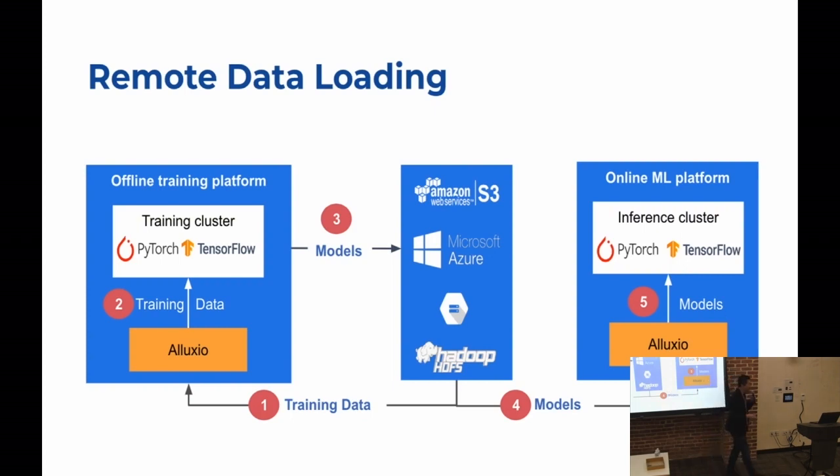Some internet companies like TikTok and Uber have more than 10,000 machines doing inference at the same time, which means if you have a new model, 10,000 machines want this newly trained model from remote storage as soon as possible. So the latency and throughput requirements here should be very, very high. It's even higher than the training part.